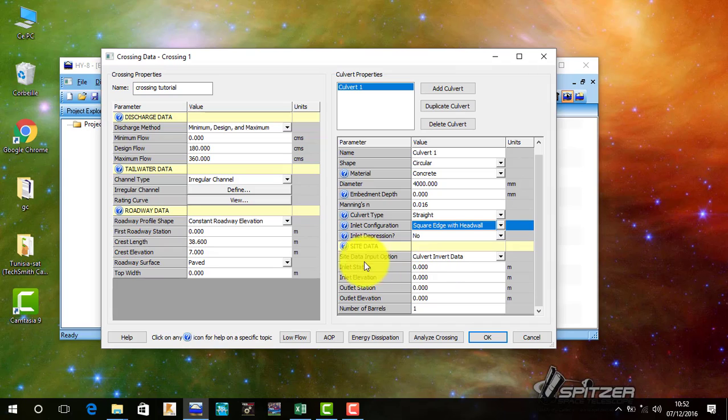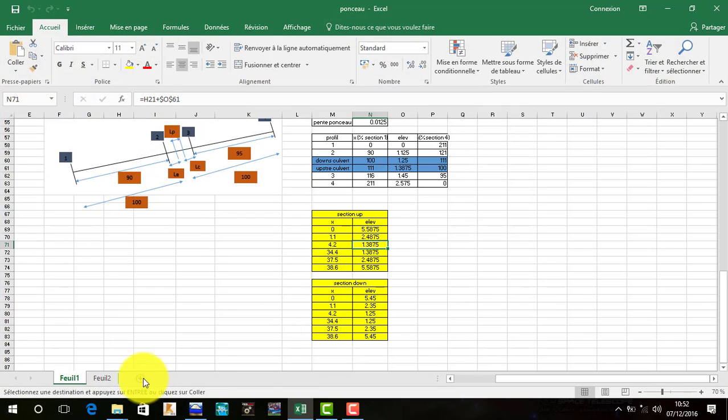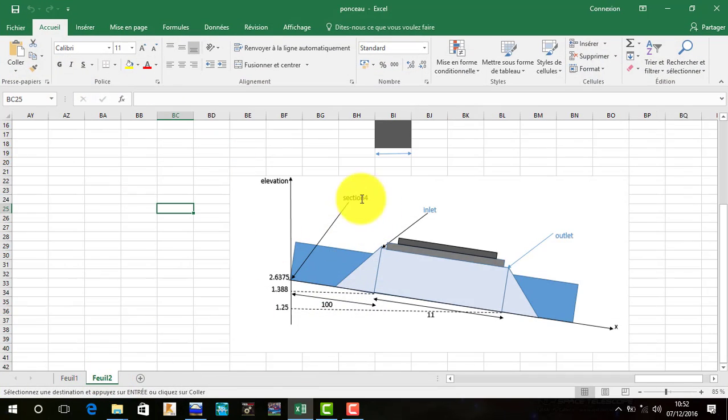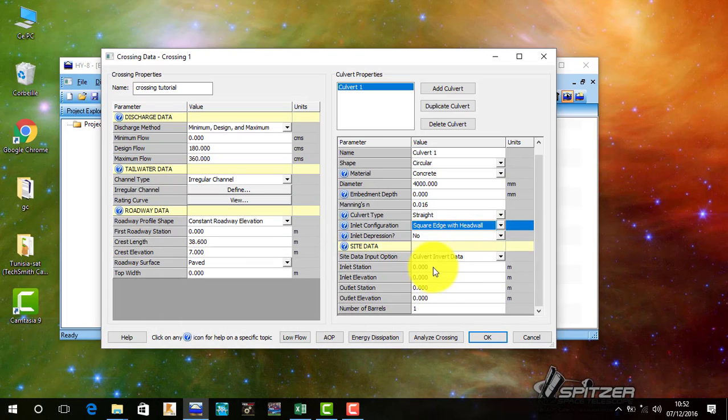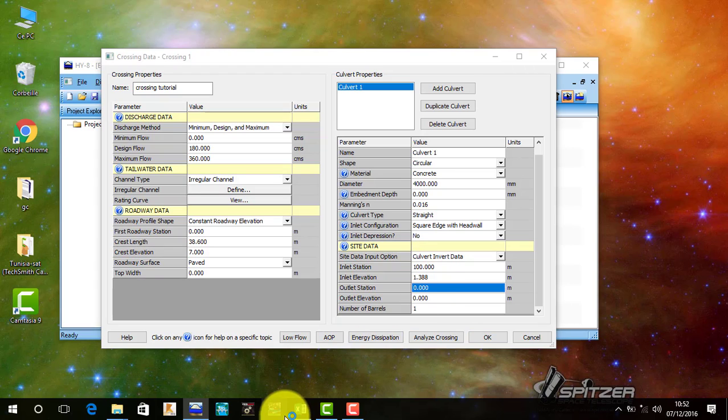This station is the distance between section 4 and the inlet station, which is 100 meters. So we put here 100, the inlet elevation 1.388, the outlet, the downstream,